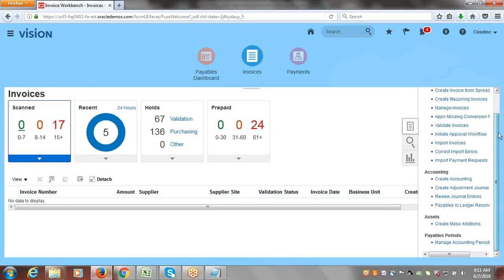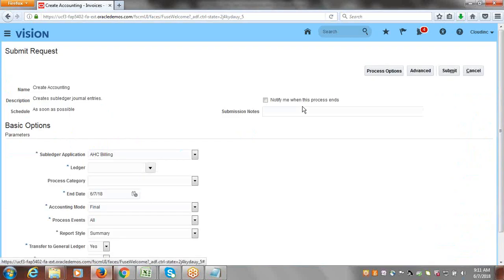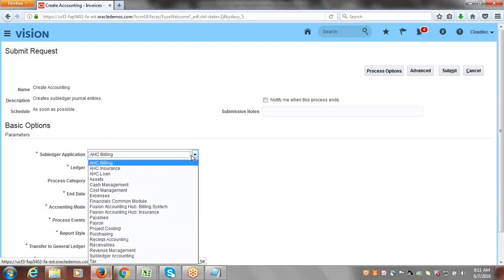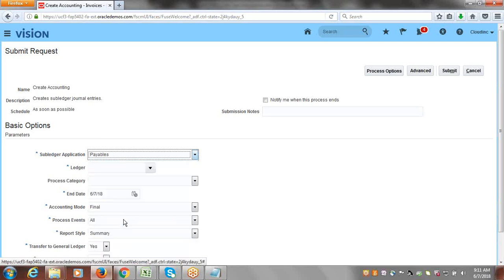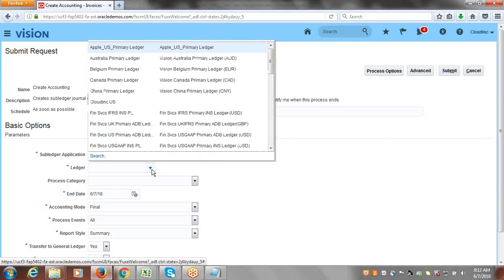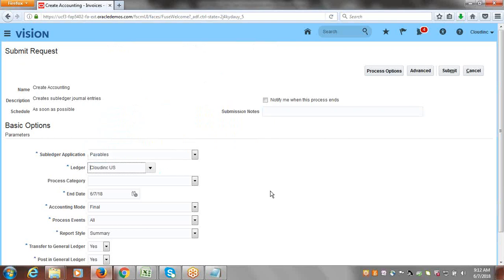Scroll a little down, and here you could see a task called create accounting. Same as EBS, you can just submit the create accounting. Subledger application name is payables. Select our ledger, because the BUs are associated only with the ledger, right? So cloud INCUS ledger,